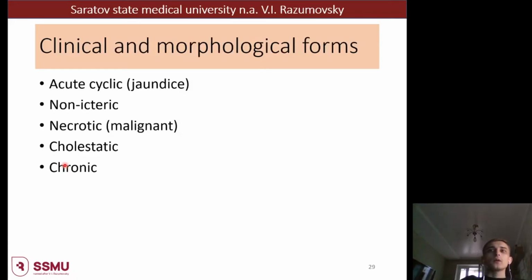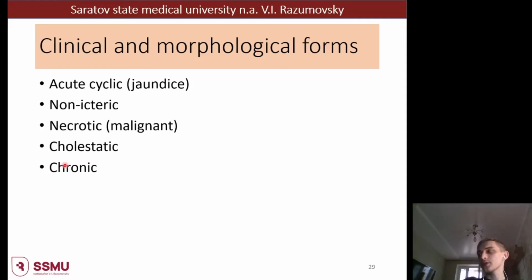Viral hepatitis has special clinical and morphological forms. We have the acute cyclic form, characterized by periods of jaundice and light periods. Also, it may be a non-icteric type or a necrotic type of viral hepatitis, also called malignant, because